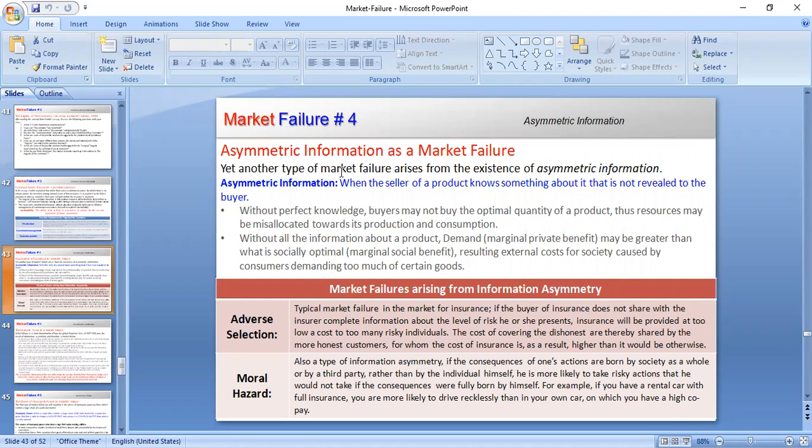So how does it become a market failure? Remember, just as a recap, with a free market there is free and transparent information. One of the characteristics of a free market is that there is perfect knowledge about the goods and services in the market. The buyers and the sellers have perfect knowledge about the goods and services sold in the market. So if there is no perfect information in the market, then that is a market